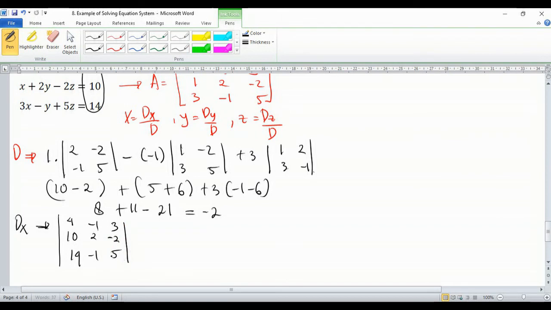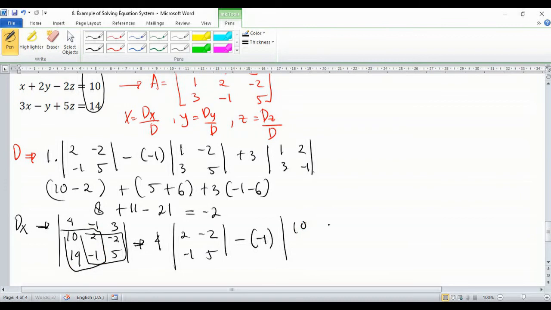So from here, like I said before, I want to use the Laplace method. This one is 4 times the determinant of 2, minus 2, 2, minus 1, 5, and then minus 1 with this one, 10, 2, 14, minus 1, and then plus 3 with the determinant of,